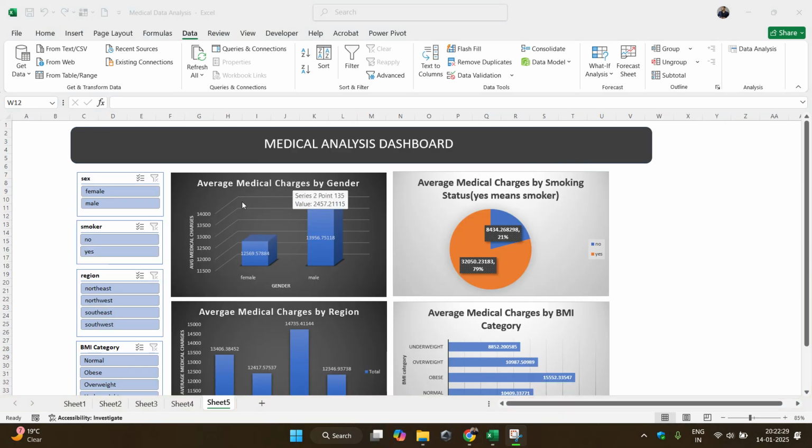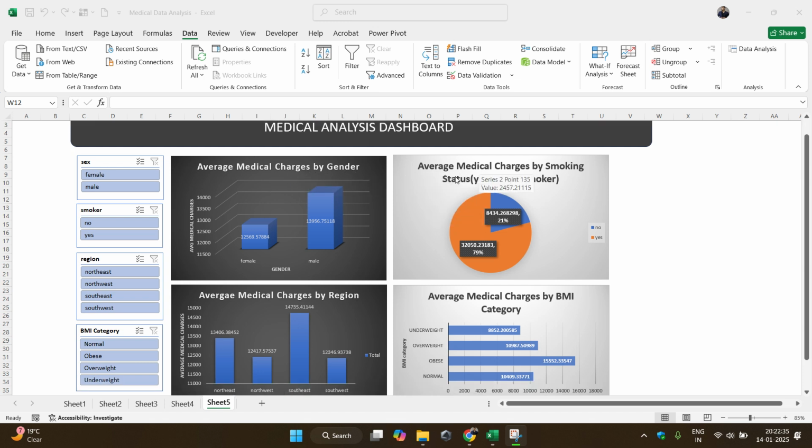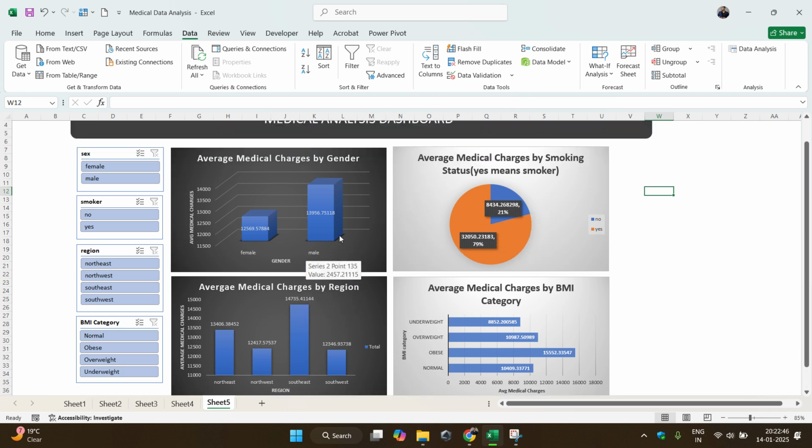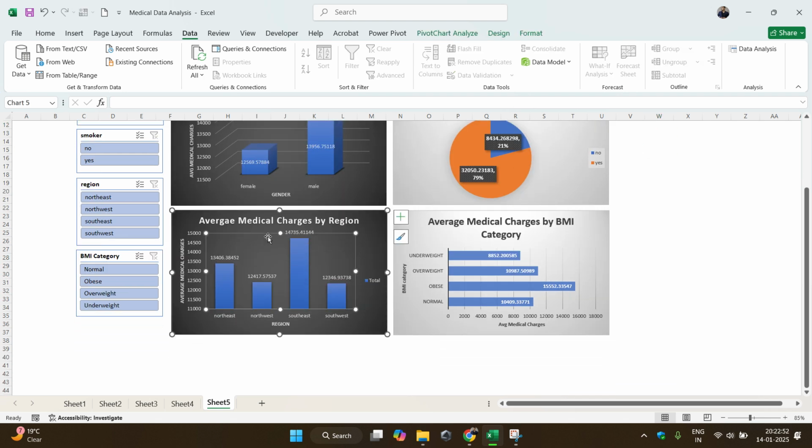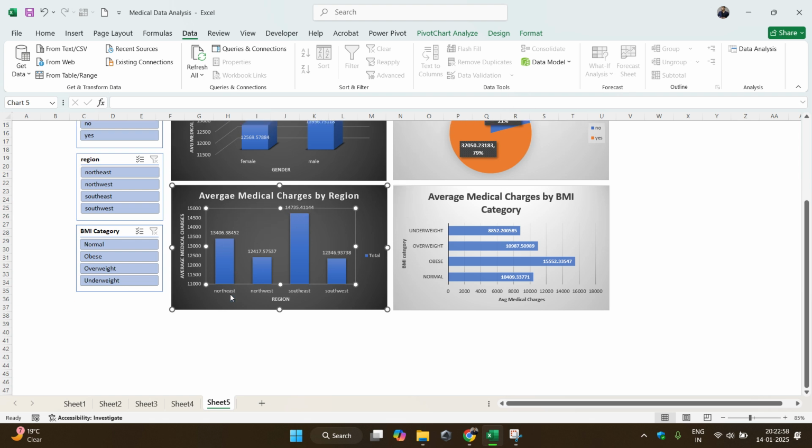So the first chart is showing the average medical charges by gender, by sex, and the next chart is showing the average medical charges by smoking status. You can clearly see that the average medical charges of smokers is greater than non-smokers, and the average medical charges for male is greater than female. In the next chart I have shown the average medical charges by region, and you can clearly see that the southeast region has the highest average medical charges. And in the next chart I have shown the average medical charges for BMI category, and you can see that